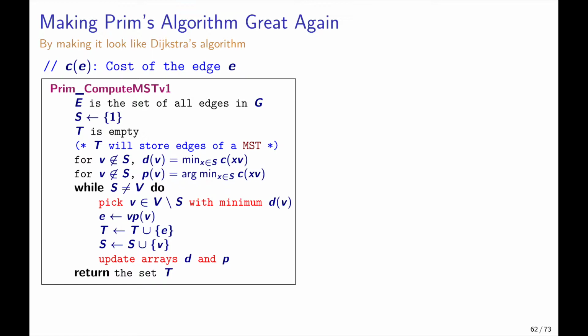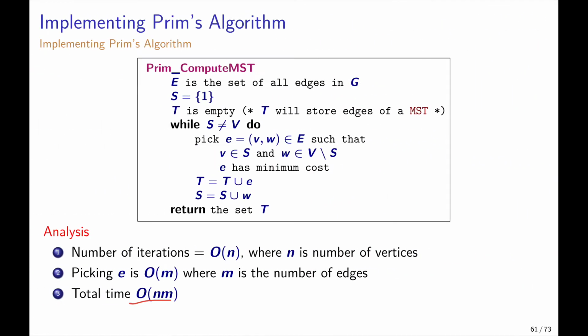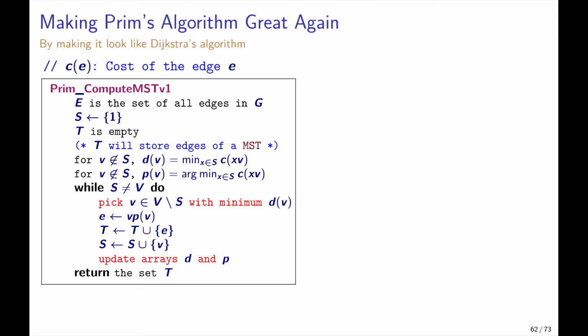And the basic idea is that we make Prim's algorithm look like Dijkstra's algorithm. And how can we do that? Well, instead of thinking about this edge, think about maintaining for every vertex outside S the cost of the cheapest edge connecting it back to the current set S. And think about it as the current distance. For every vertex there is the current distance to the set S, right? And so if we think about it like that, then we're going to have